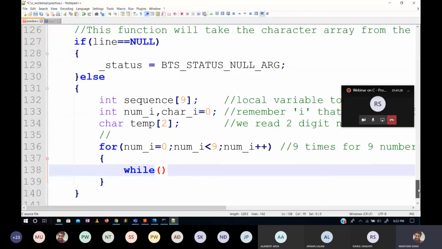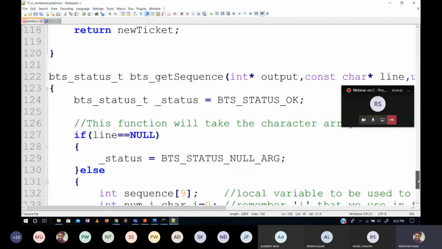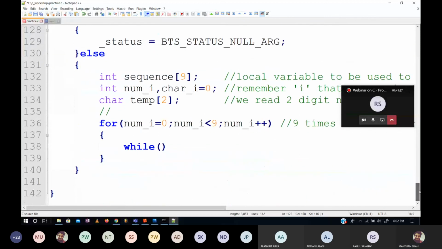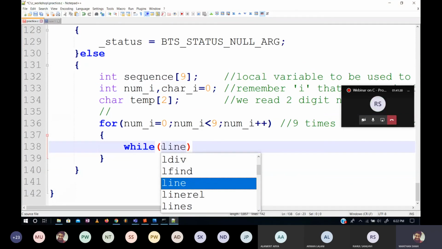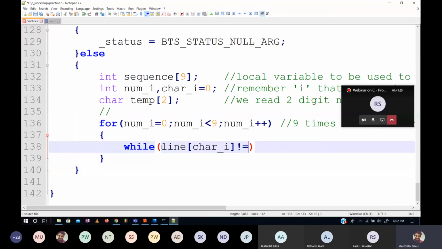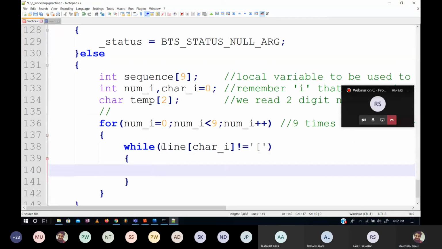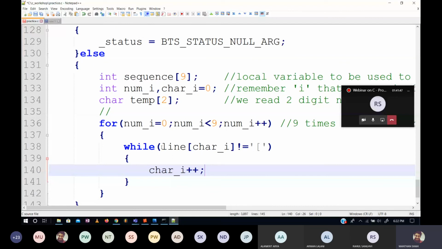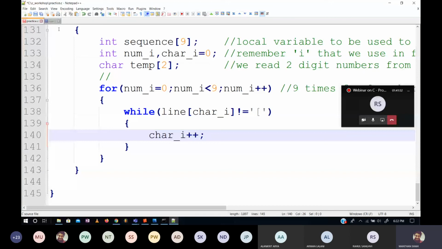My input parameter is this constant char star line, which is a character buffer. So while this is not equal to, this is a comparison. While this is not equal to this character, what I'll do is I'll do char underscore I plus plus, which means move on forwards. But इसमें एक glitch है, if you guys haven't observed it.